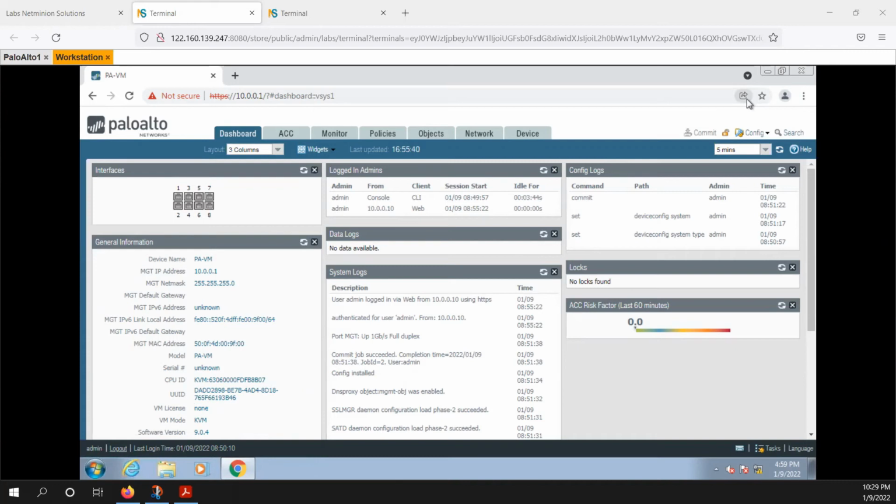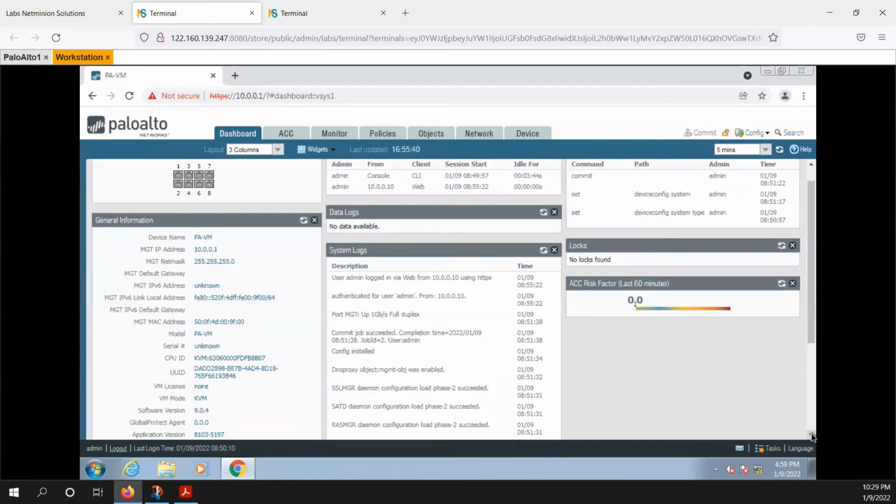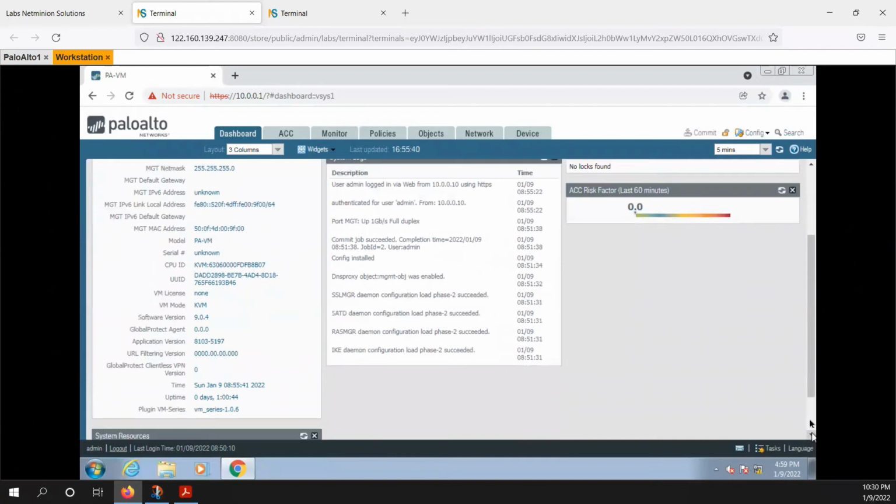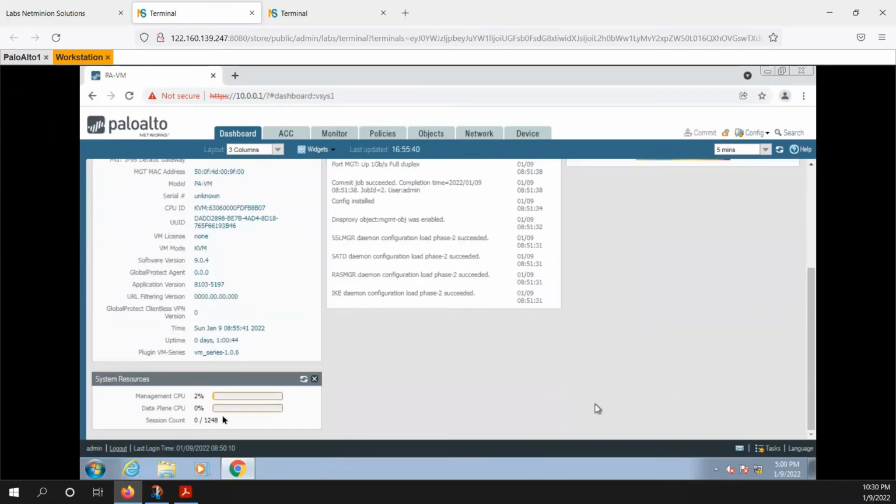For example, if you just want to see the management plane and data plane CPU utilization, you can see it further. Okay, so here you can see the CPU resources utilization. In the Palo Alto console, right now you're just able to see the management CPU and data CPU, but you are not able to see any kind of memory. So memory you can see using the command prompt. If you run the command show system resources on the Palo Alto, you would be able to see memory, etc.